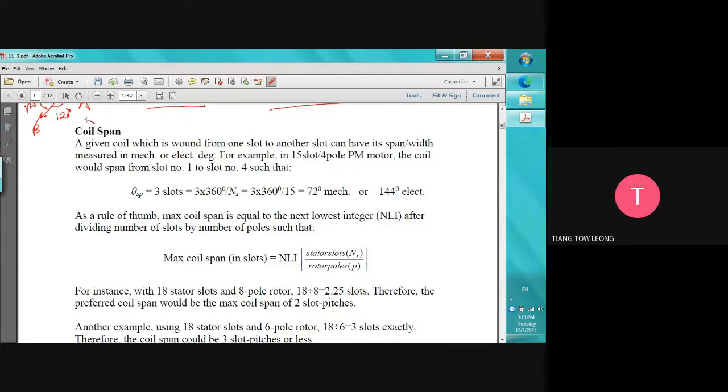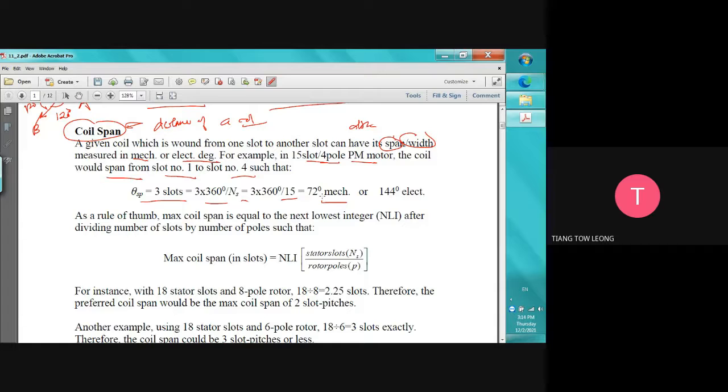Coil span. Coil span means distance, the distance of a coil. Just like in engineering terms, we call it span. A given coil is wound from one slot to another slot, and can have its span, its distance, or we call it width, measured in mechanical degrees or electrical degrees. For example, in a 15 slot 4 pole PM motor, the coil could span from slot number 1 to slot number 4. So the coil span can be 3 slots, and then 3 times 360 divided by NS is